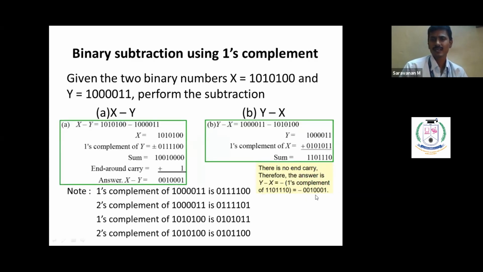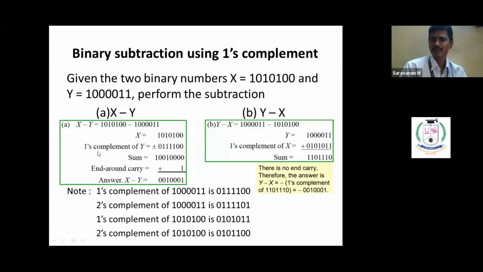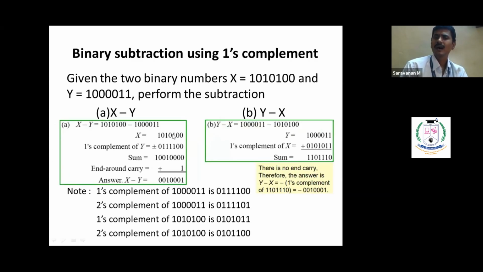Right? So next becomes 1's complement. 1's complement is the same as your 2's complement. The only difference is the end carry. Depending upon the end carry, we get it. Okay. So we take the example. Here we take a 2's complement, whereas here we take a 1's complement. So take the 1's complement, add up. If carry is present, add that carry. Comparatively, for 2's complement, what we do is we take the 2's complement of the number, add it. If an end carry is there, we discard it and we take the sum. Whereas for 1's complement, we first take the second number, apply the 1's complement, add up. While adding this, if you get a carry here, that carry should be added over here so that we get a total sum.